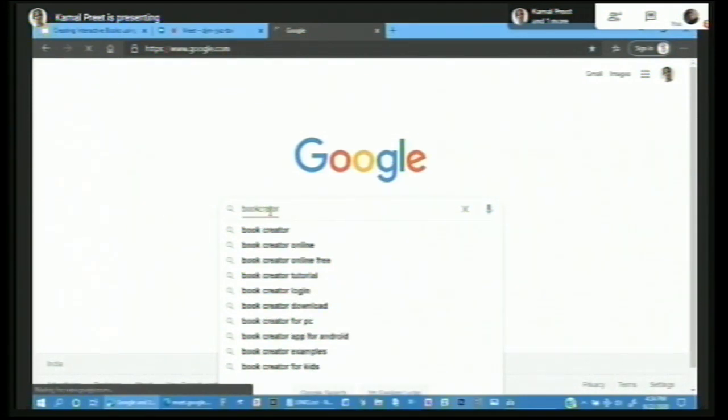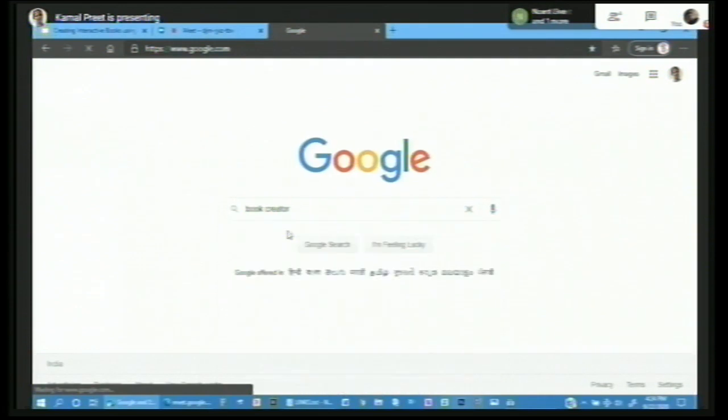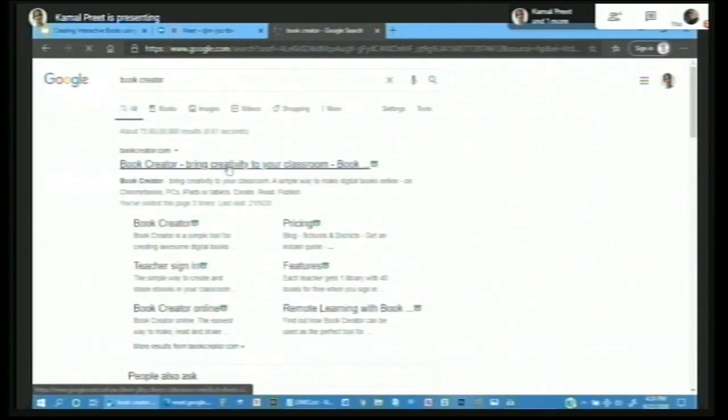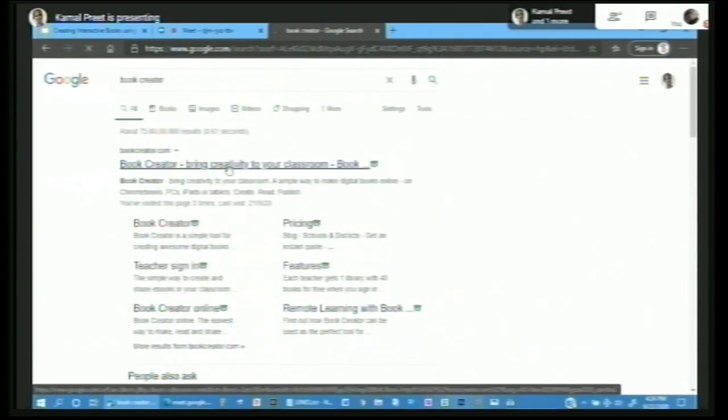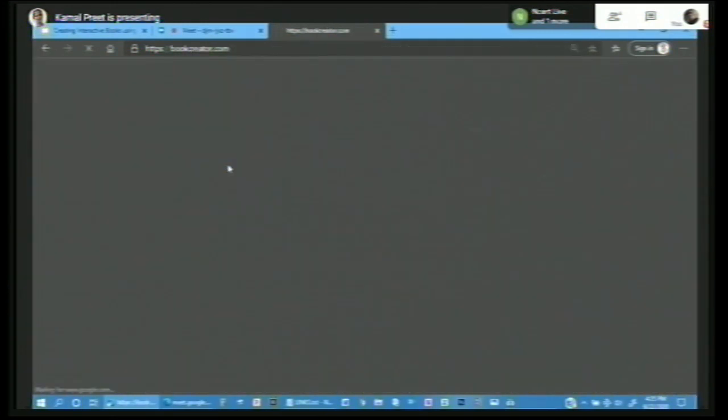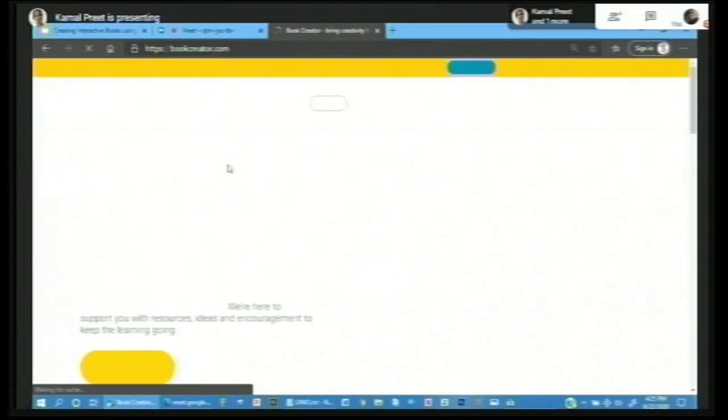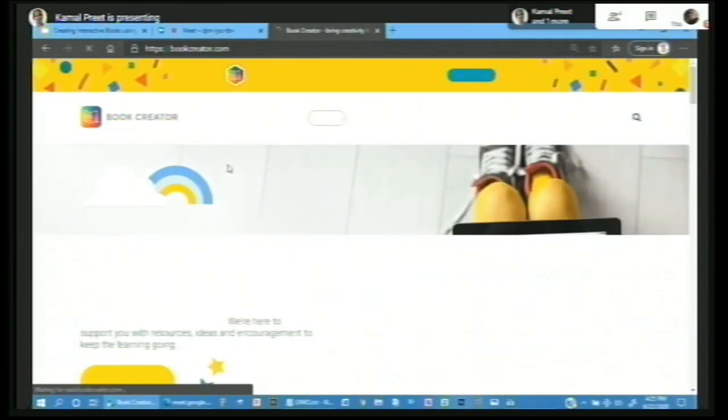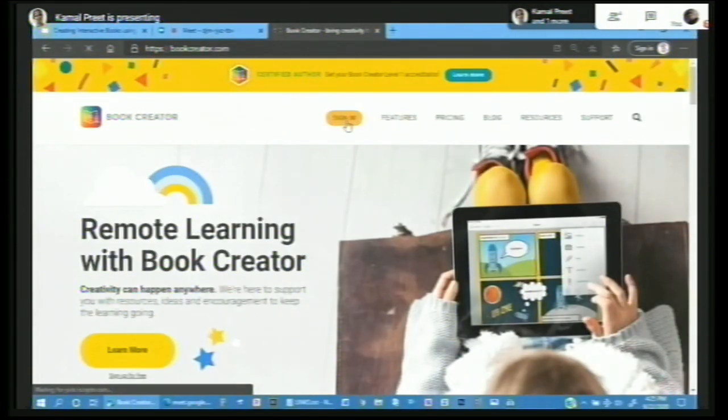Okay, typo, but it's all right. And it's taking some time. Yes, it's there. It's the first link which comes up. Once you go over there, you will be presented with a screen which will have the sign in button. I'm going to click on the sign in button, and again,